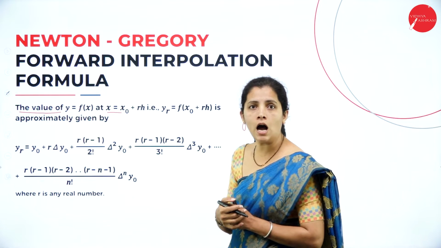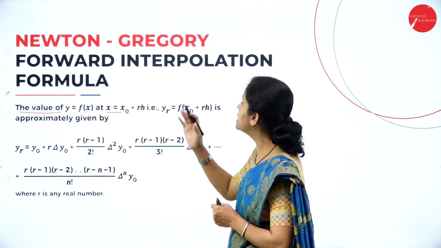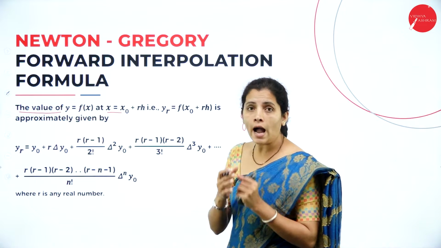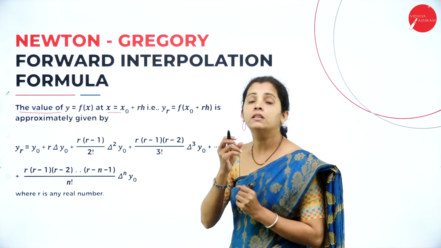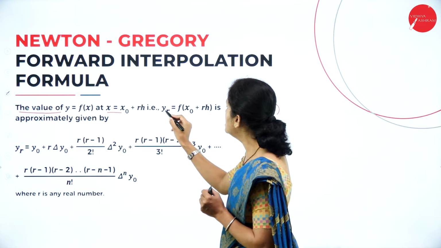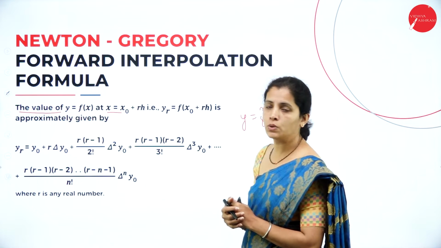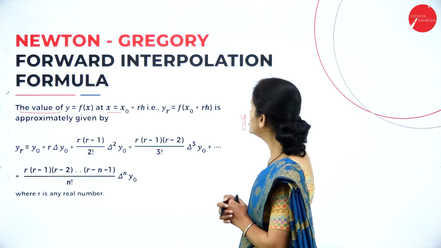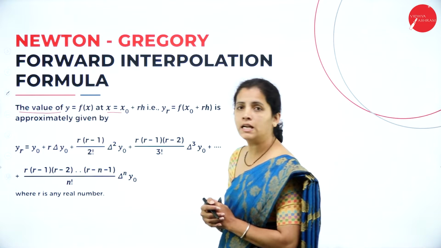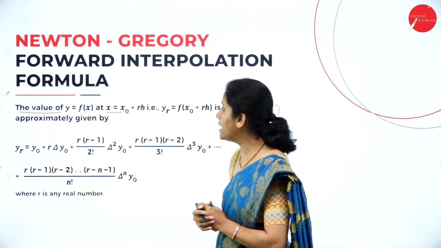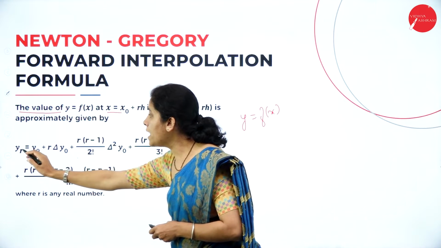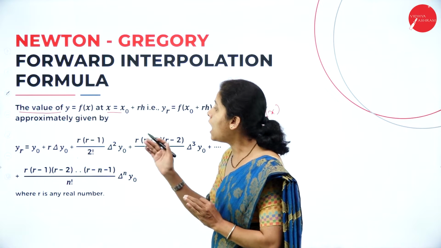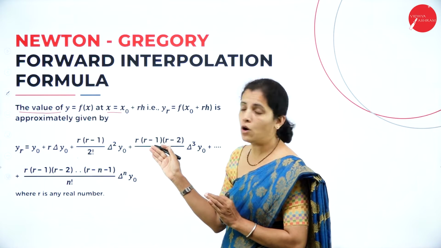So what is r? That is nothing but the real number, and h is nothing but the height or the distance. That is y r equal to f of x naught plus rh, which is approximately calculated by y r equal to y naught plus r delta y naught